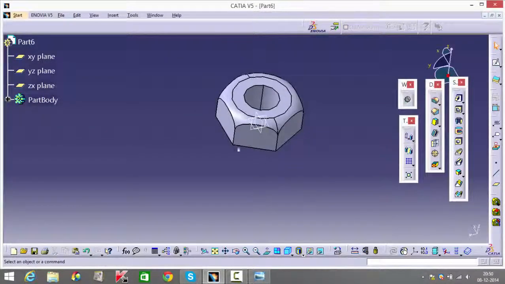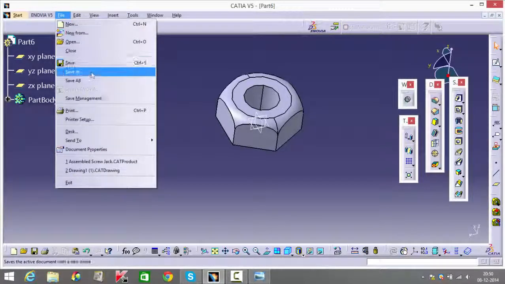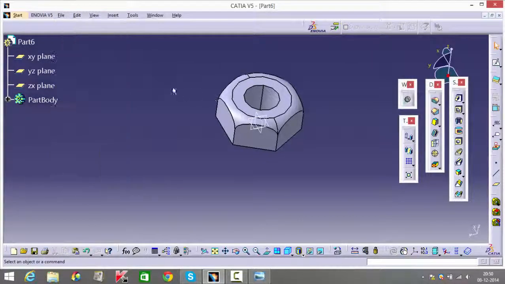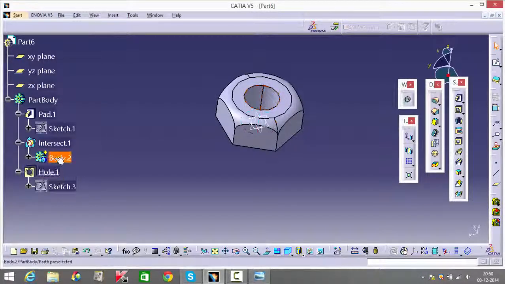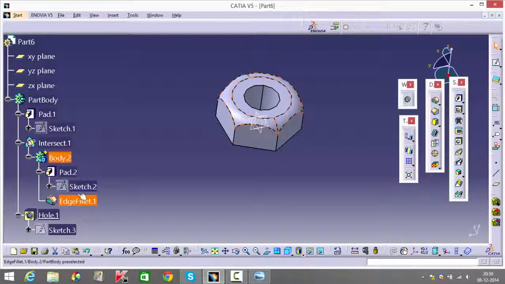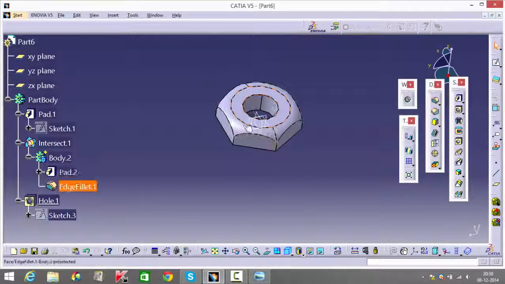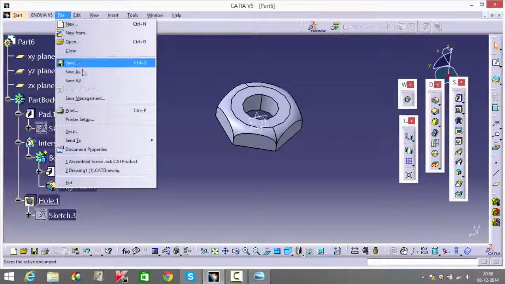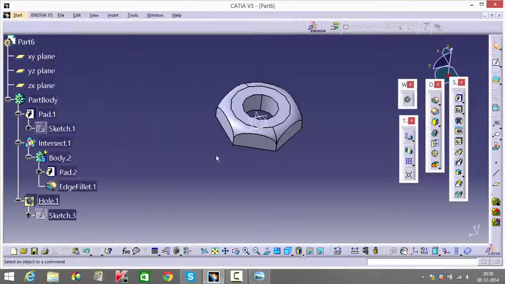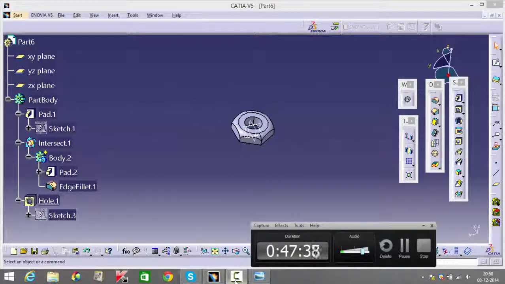This is one bolt. Since you're making two, you can save this as one part, and save it as whatever you want. Then you can quickly go into your body and change this pad to 5, and so you've got another part already. So you finish part 6 and part 7 in like 2 seconds. Make sure you don't click on save, click on save as, and change the name and save it as whatever you want. So this is the whole